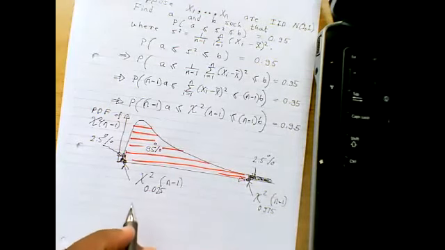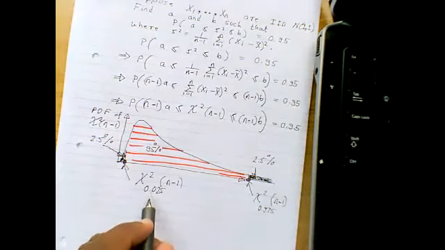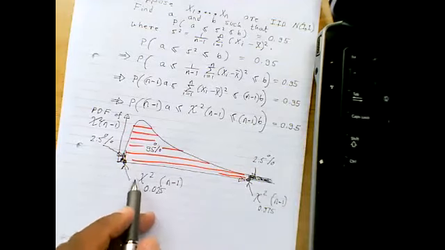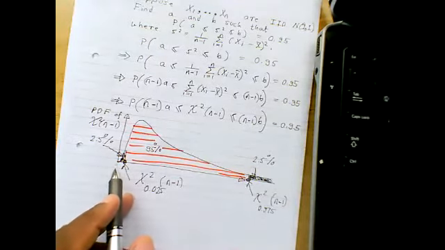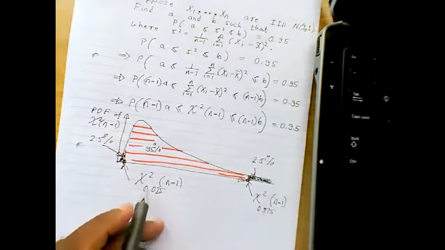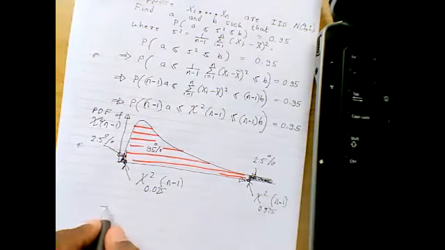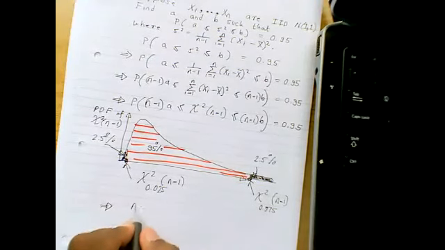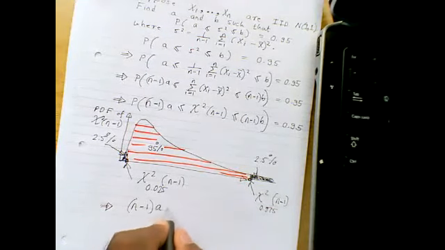A few minutes ago, I talked about the percentiles of a chi-square distribution. A percentile is a point that covers the area to the left. So 0.025 is the area to the left, and over here, the area to the left of this point is 0.975. So this point must be this, and this point must be this. So in other words, n minus 1 times a must be equal to,